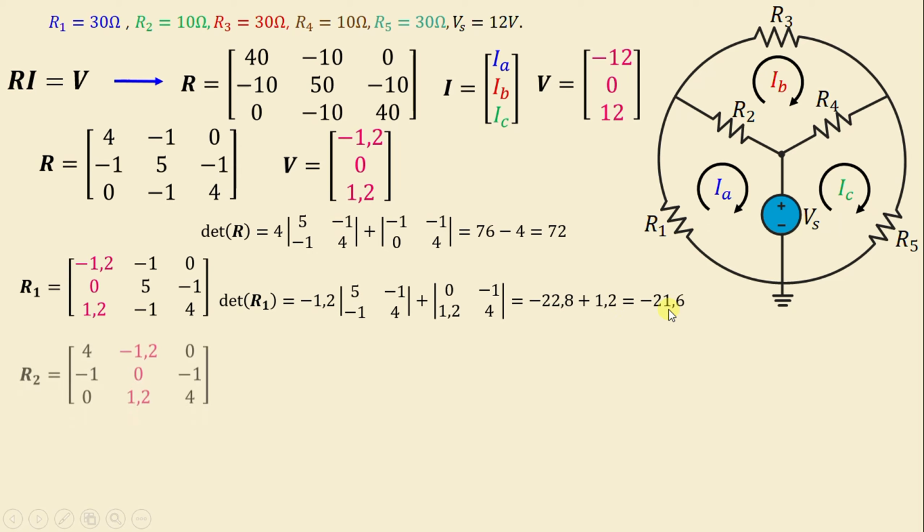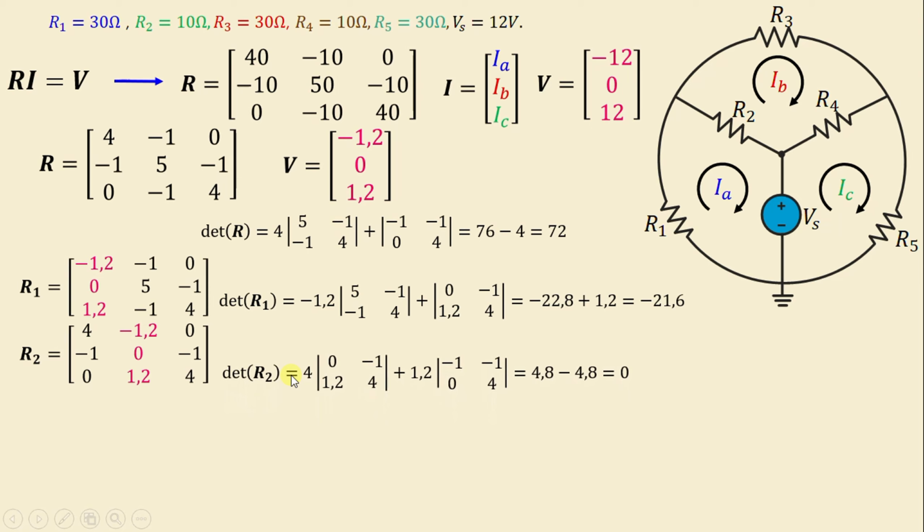We go now to define matrix R2. We obtain matrix R2 by replacing the second vector of R by vector V. The determinant of R2 is given by 4, and we cancel the first row, first column. We have 4 multiplying by the determinant of 0, negative 1, 1.2, and 4. Minus negative 1.2, that's 1.2, and we will cancel the first row, the second column,